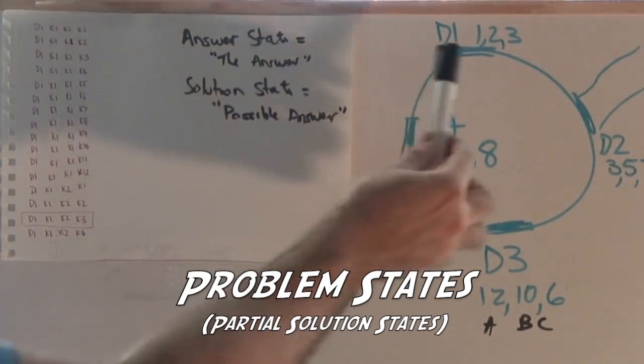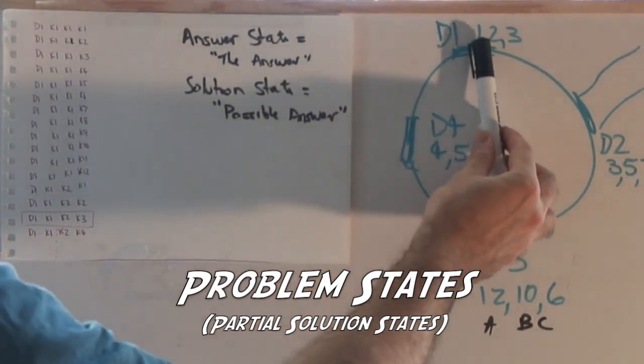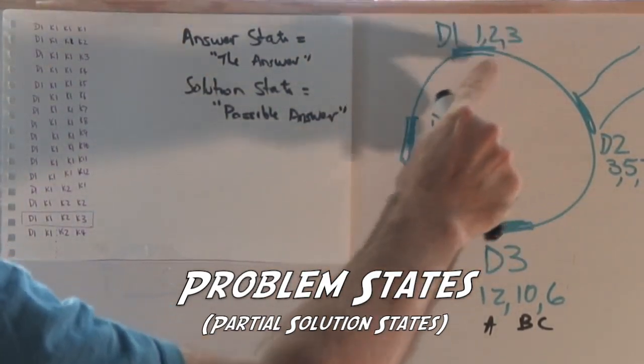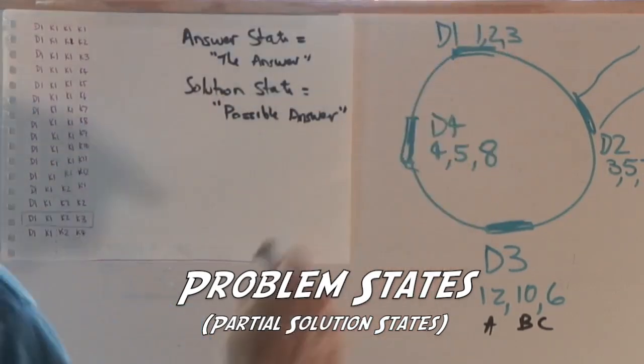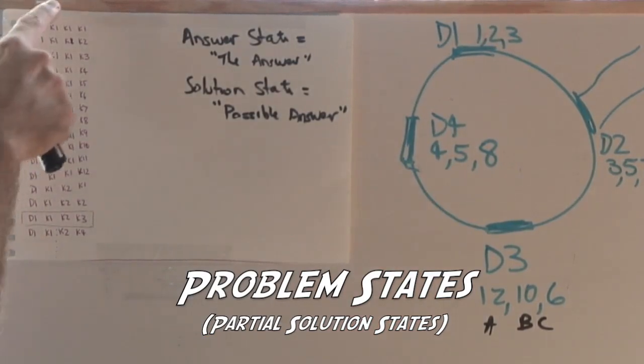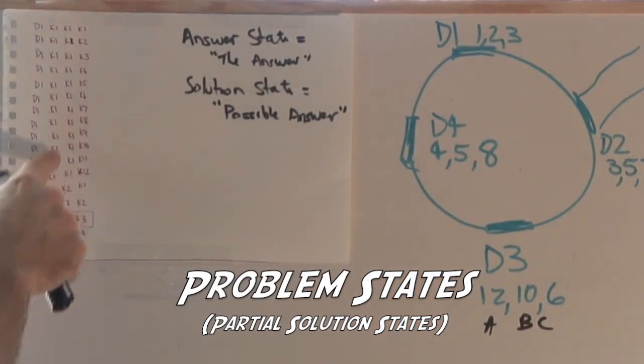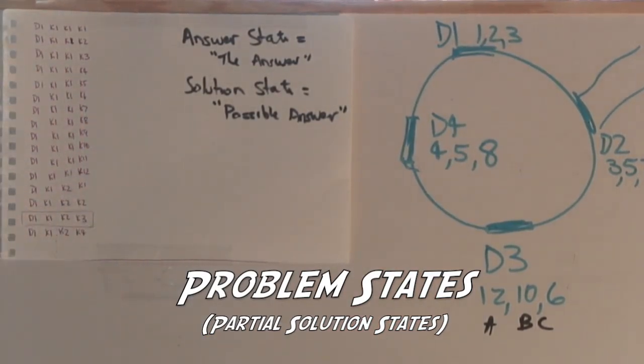Now, I've written here the correct keys which open each lock. So you can see in this example here, in door 1 we need keys 1, 2 and 3 in locks A, B and C respectively. So we're going down here trying all the combinations, and eventually we'll find how to unlock door 1, and this